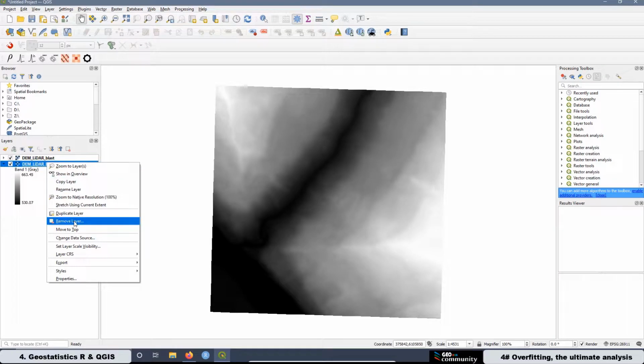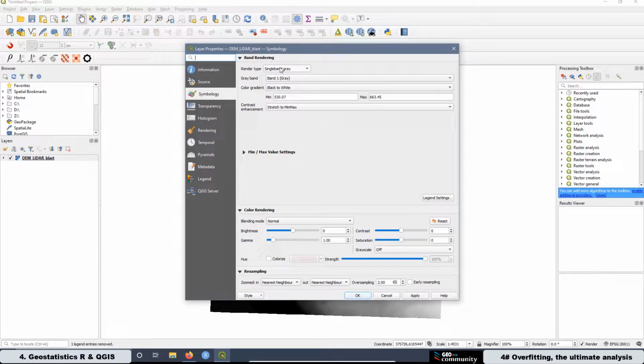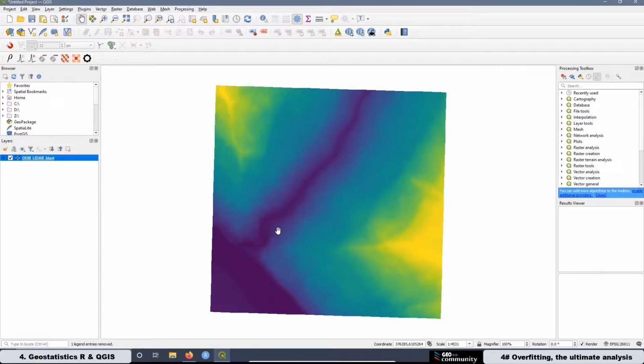I added it 2 times, so remove. Okay. And now I'm going to edit this layer a little bit with different colors. This one is good. Then equal intervals, and it's going to be 10 classes. Apply and OK. If you are wondering how I get this digital elevation model from LiDAR data, I recommend you